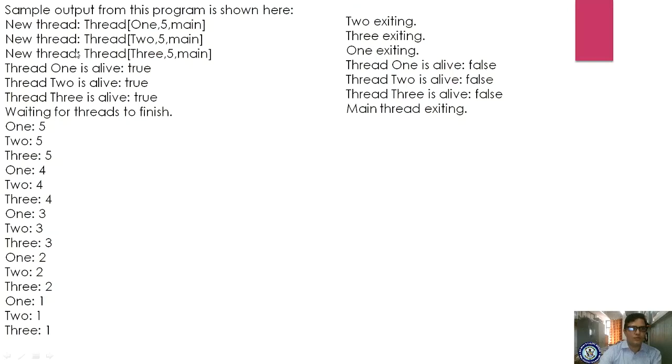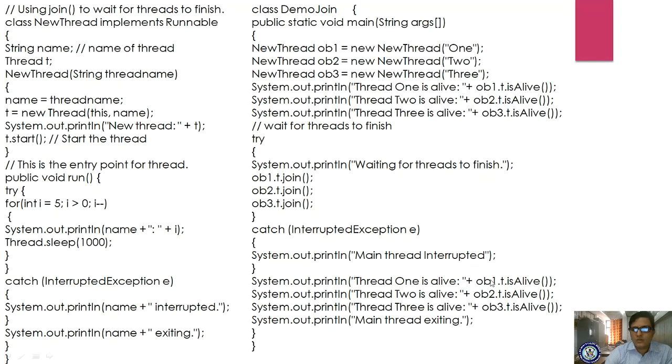So if you try to run this program, threads are created, threads 1, 2, 3 are created. Here it says true, true, true and waiting for threads to finish. So it has not finished, hence it is running, and thread 1 is alive is false. Here it gives false because the thread is terminated. How are we identifying? By using this join method.